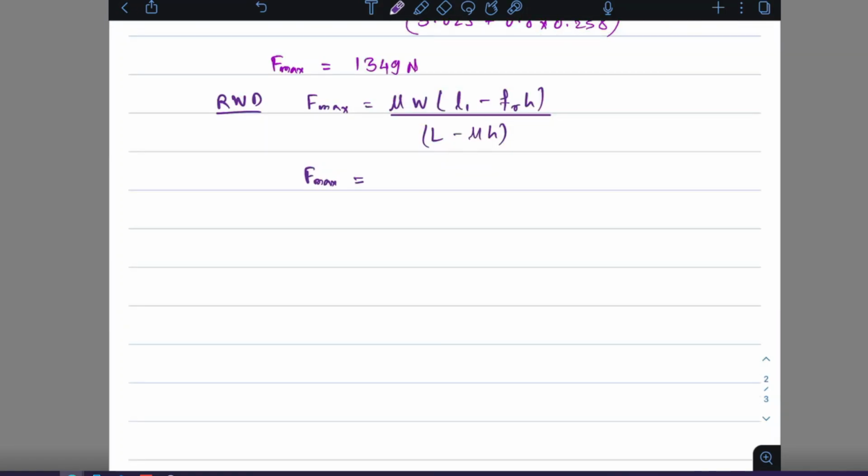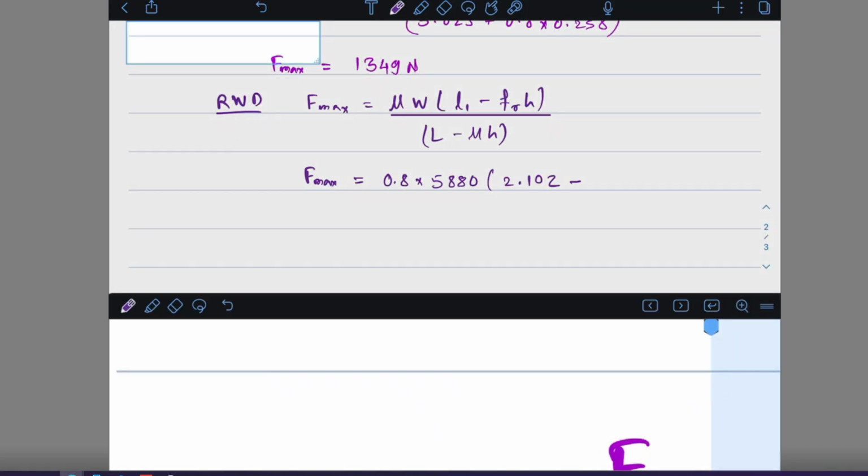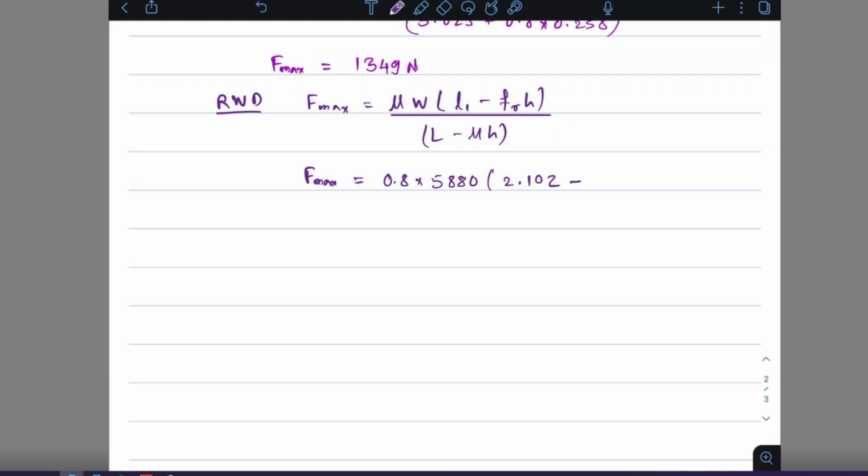Here the maximum force would be 0.8 into 5880 newtons, L1 is 2.102 meters, 2.102 meters minus 0.015 into